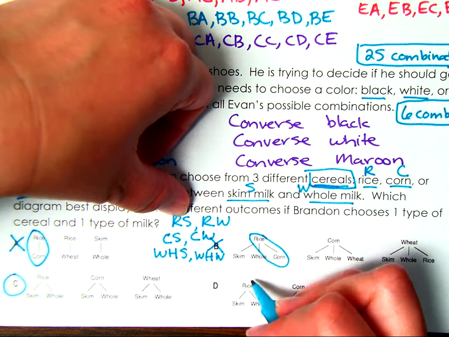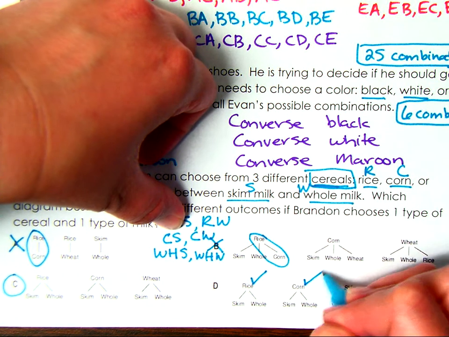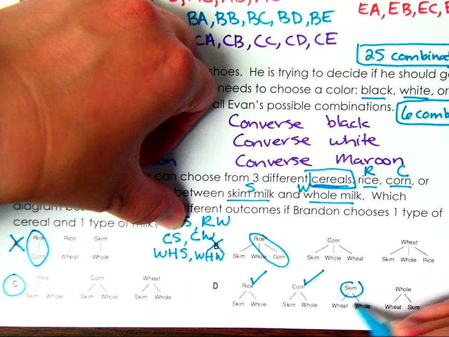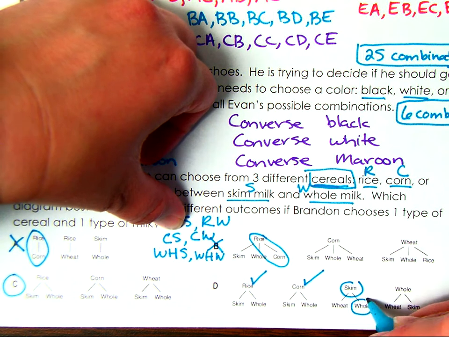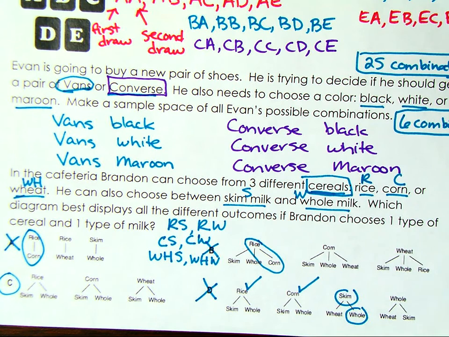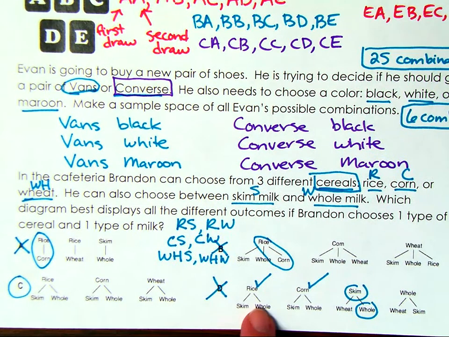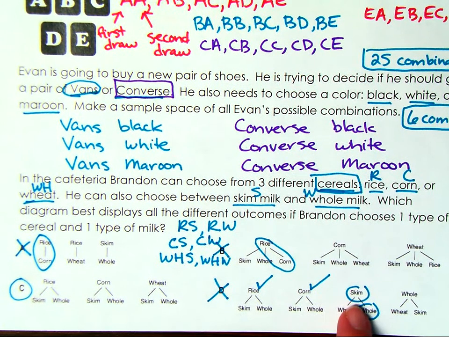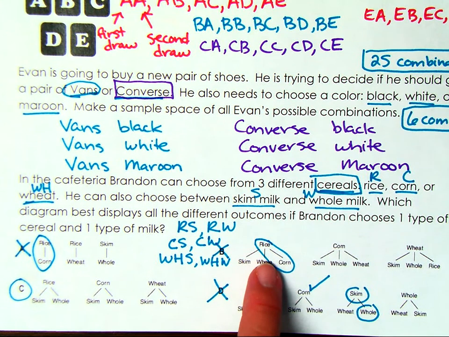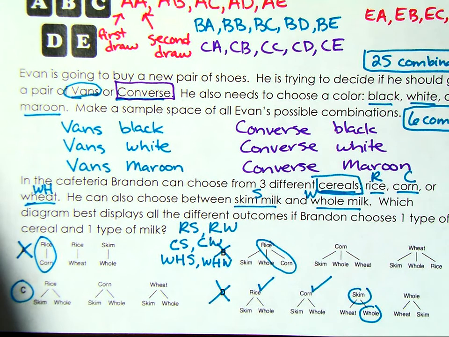Rice skim, rice whole, that checks out. Corn skim, corn whole milk. Skim, wheat, and whole, well, these are both milks, so that's what throws that one out. Okay? So just take your time on these. Make sure you're looking at that list and proving yourself right to make sure you've got it. Because this one might have almost tricked some of you if you only proved the first 2, but these 2 are milks. We're not matching a cereal with a cereal and a milk with a milk. We want one of each. Okay? As always, please make sure you reach out to your teachers if you need help, and good